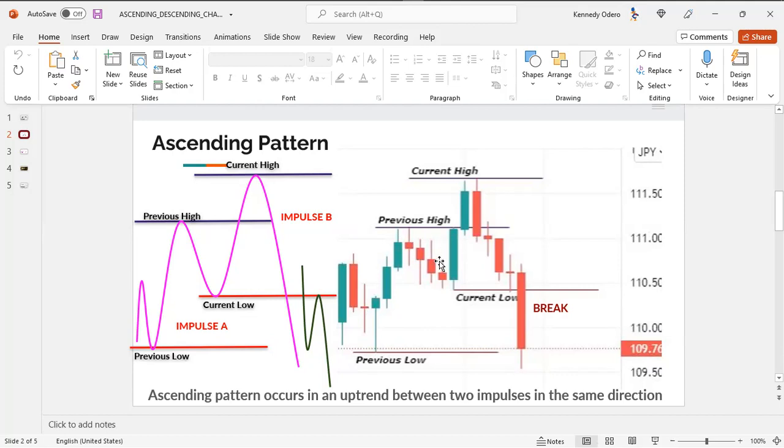And then the market broke this high. When it breaks a high, it creates a new impulse and created impulse B. So it created impulse B. But notice these two candles, this green candle, the first one, is the one that broke the previous impulse and created